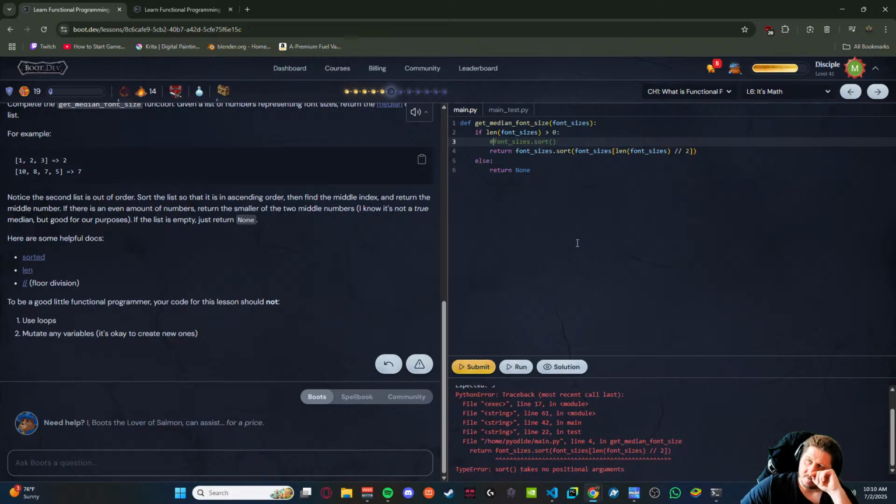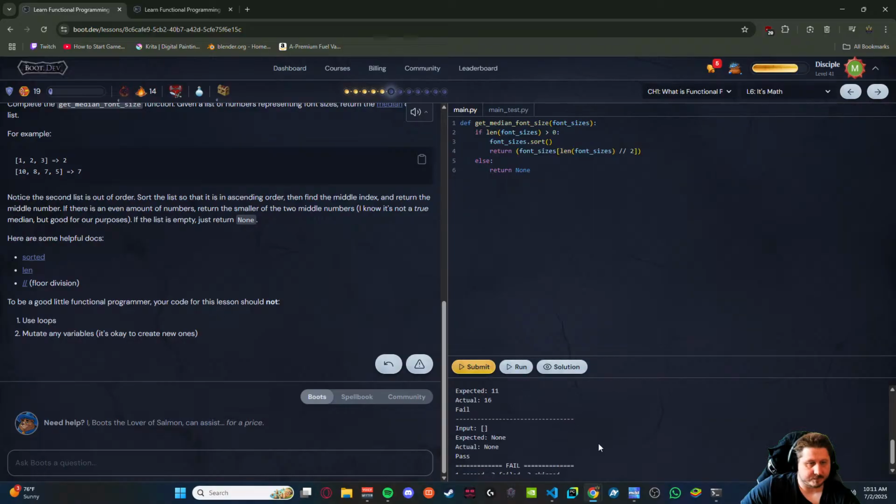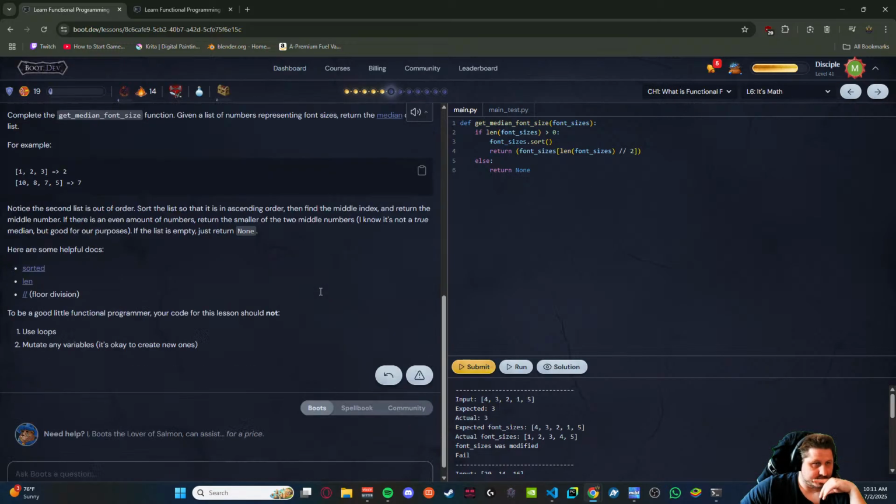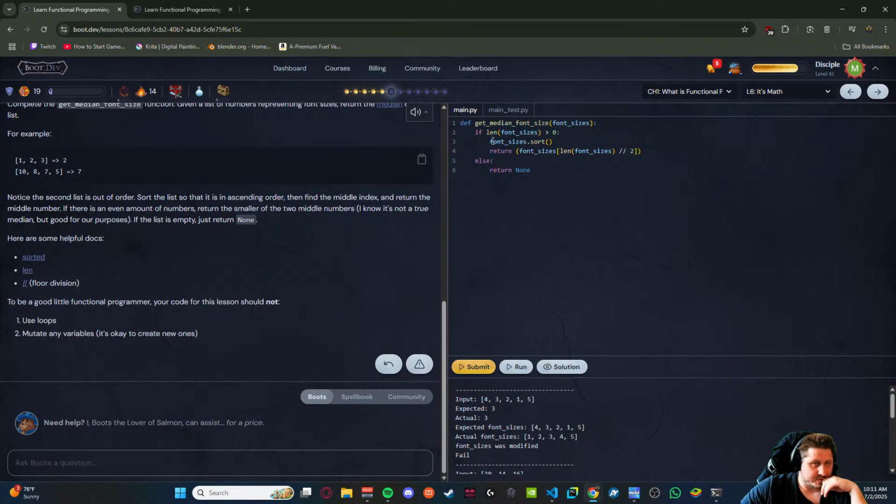That doesn't help me though. Expected, actual 3. Expected font sizes. So I need to not change it.